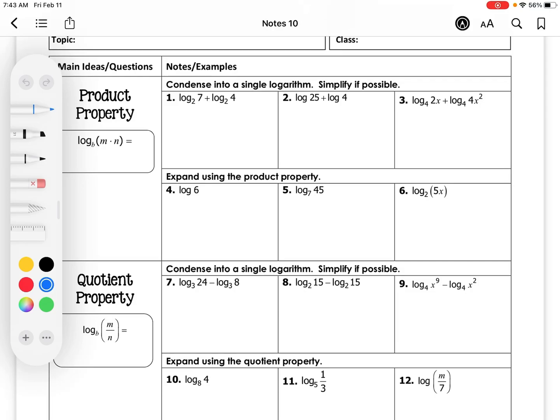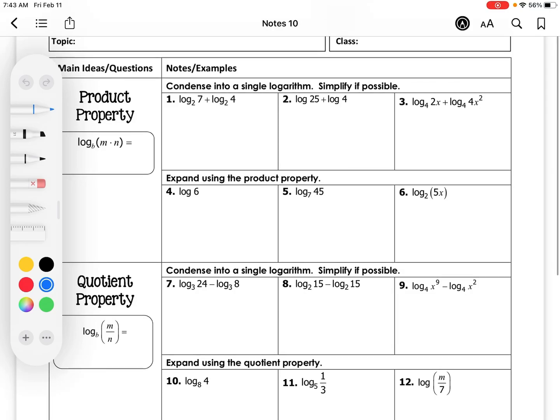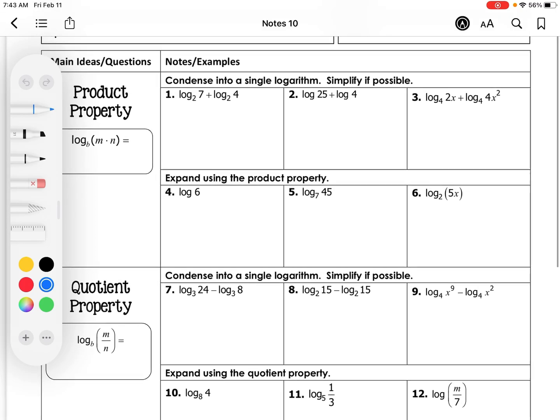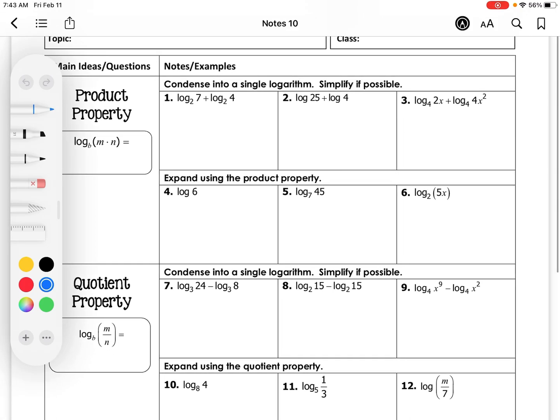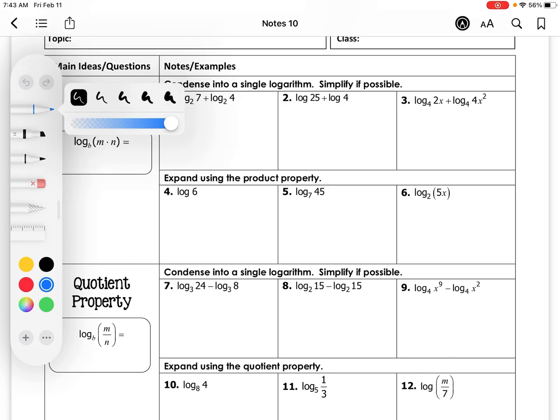Video is on properties of logs. There's 3 different types of properties we're going to talk about today. The first property is called product property, and that says when we have a log, base anything, with 2 numbers